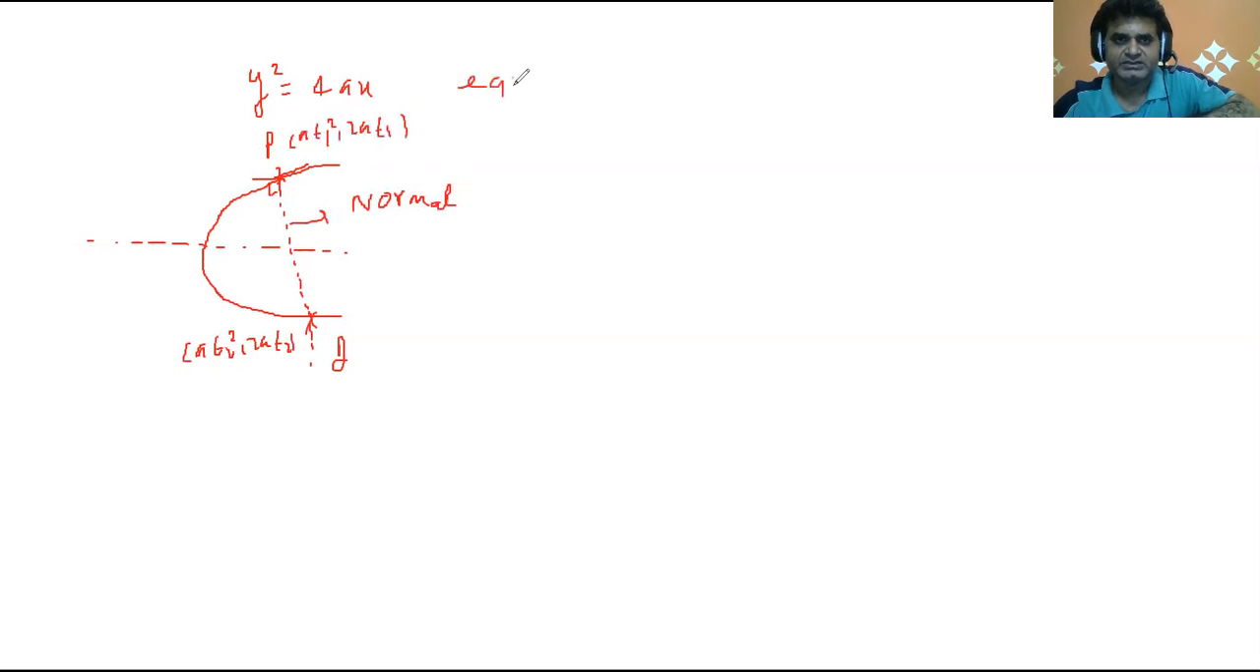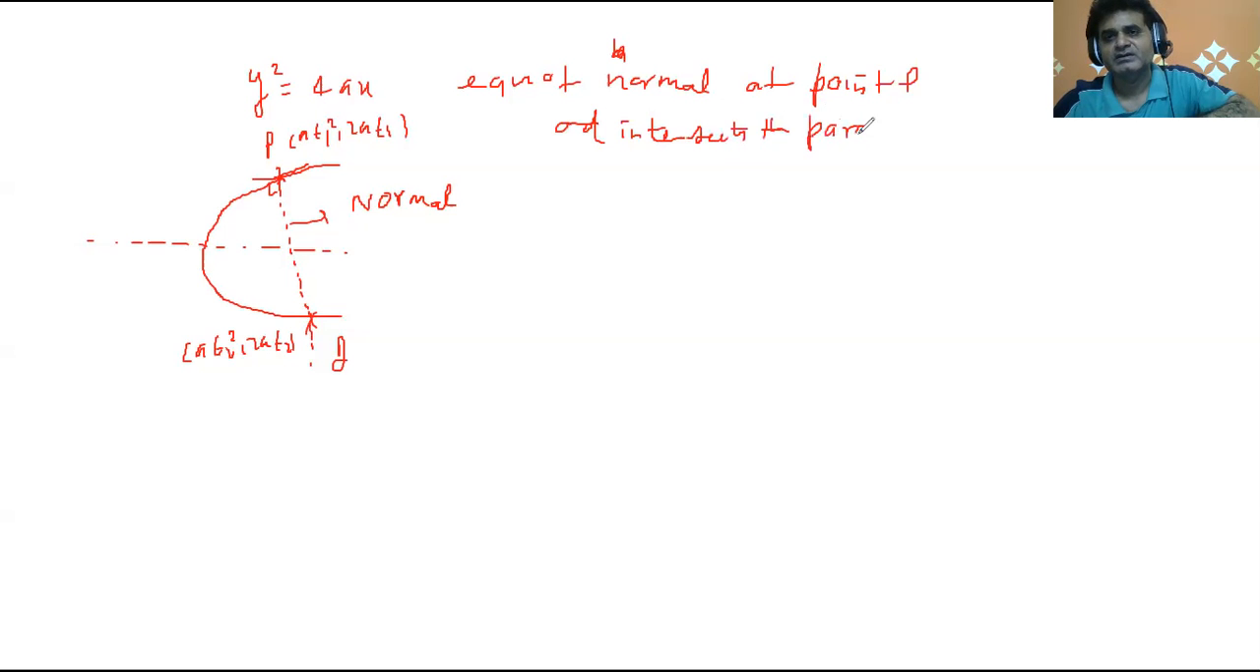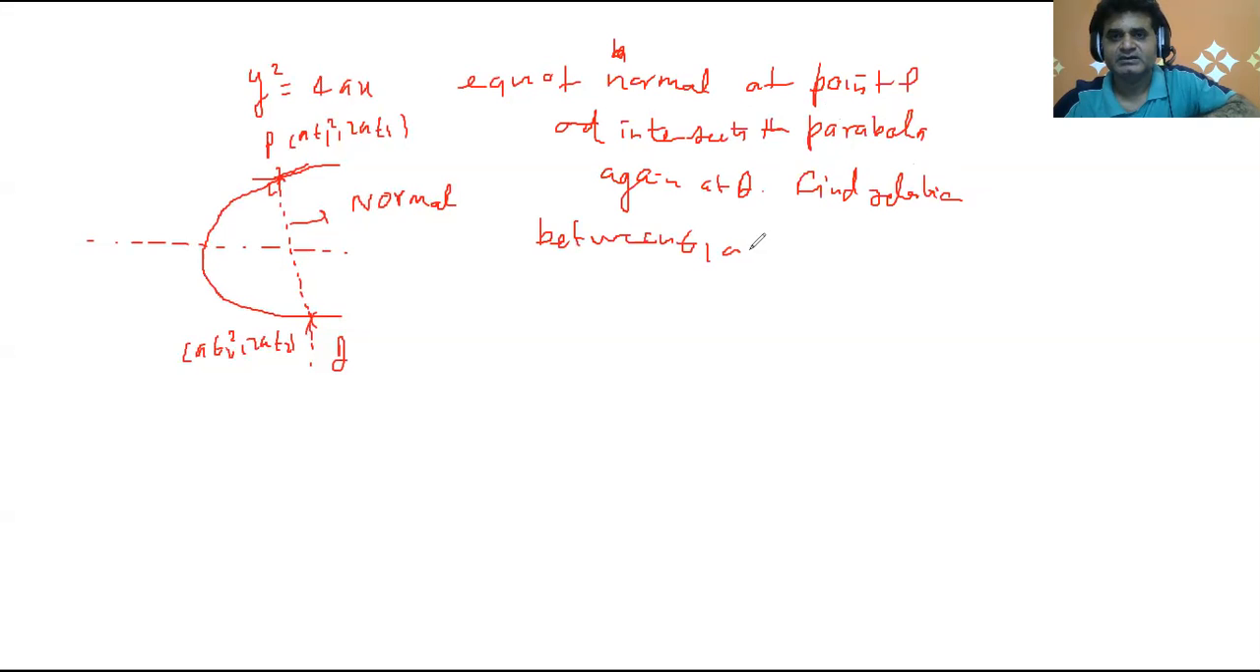So the equation of the normal at point P intersects the parabola again at Q. Then find the relation between t1 and t2. So we know that the equation of